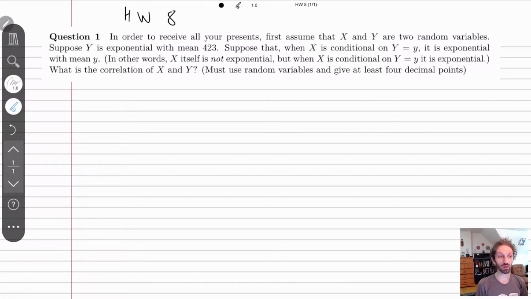So let's break down this problem. I know it was difficult for most people, I think. But I think a lot of this is because, I mentioned this a few times, correlation basically just uses everything we've learned in class. So if you don't know everything fairly well, then you're going to have some problems doing it. So let's break it down and see what the method of doing this is, and what to do. So first off, the question is asking, so in order to receive all your presents,